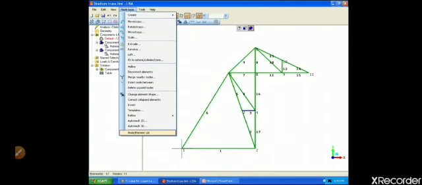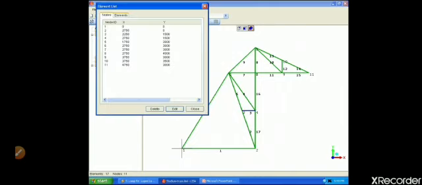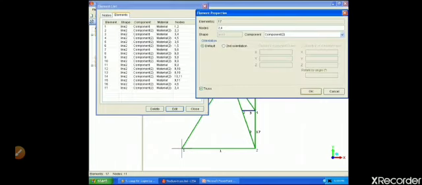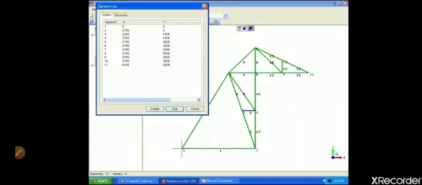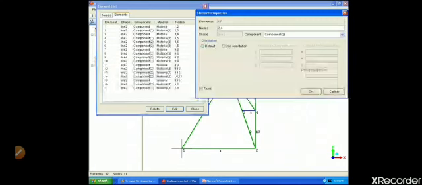If we see here on the top, that is mesh tools, we can see the node and element list, and it would look like this. And this list shows both the nodes as well as the elements.